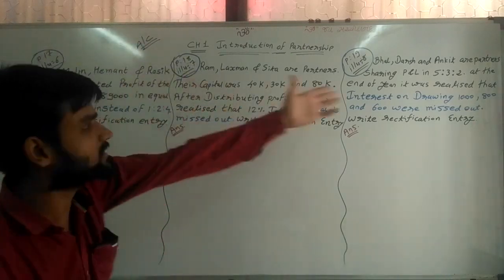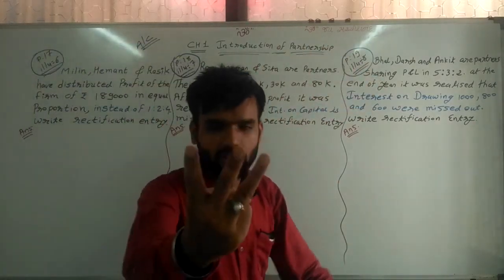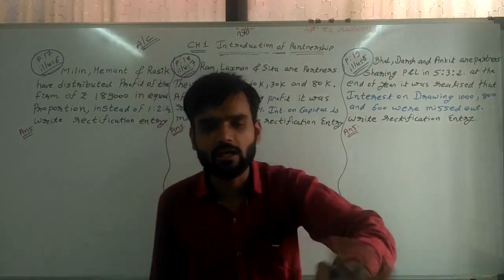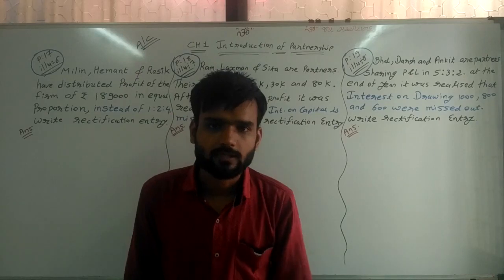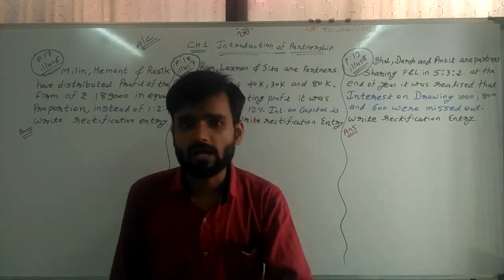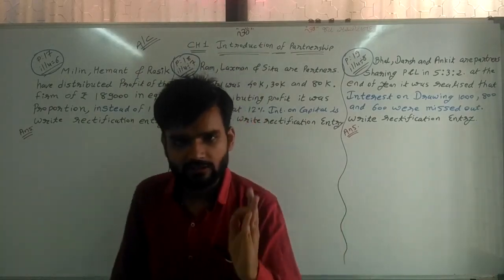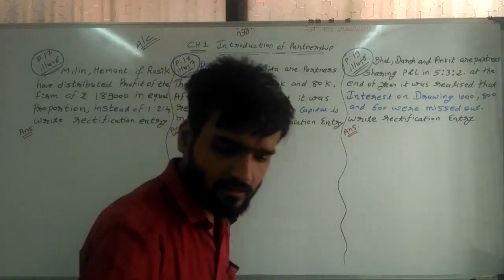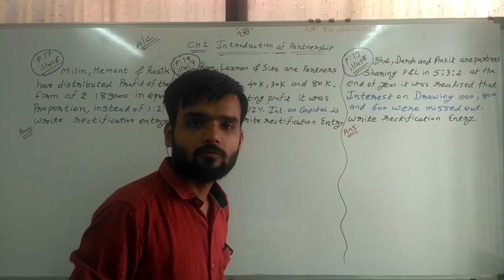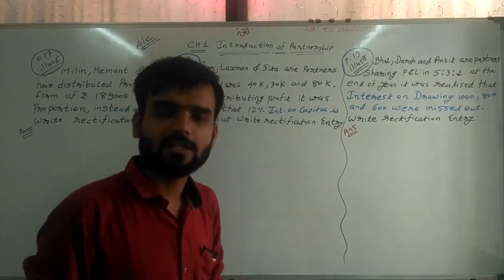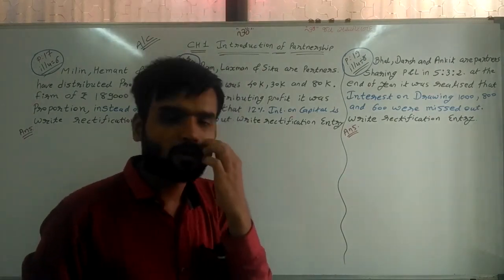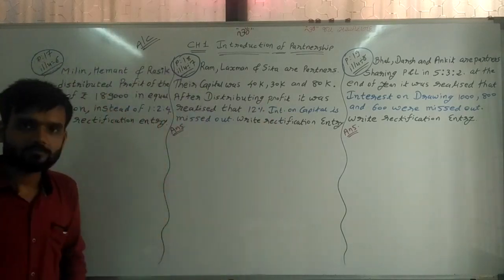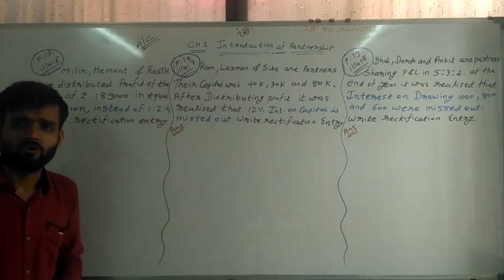Now, I have taken three sums here, and all of them are rectification entry sums, and that's why we are clearing the sums one by one. Now try to understand, because on this basis I make one rule, and that rule is applicable in all types of sums of rectification entries. Now starting with sum number 1.